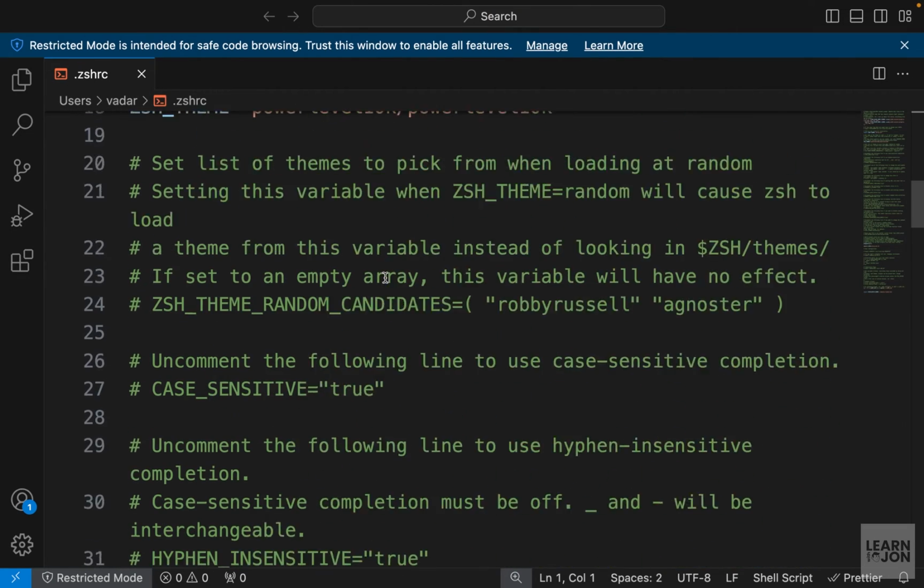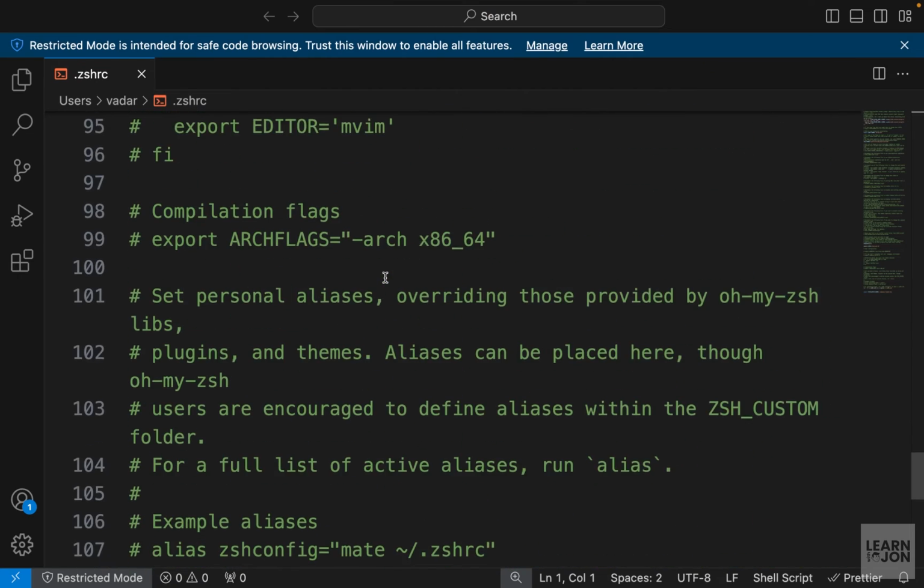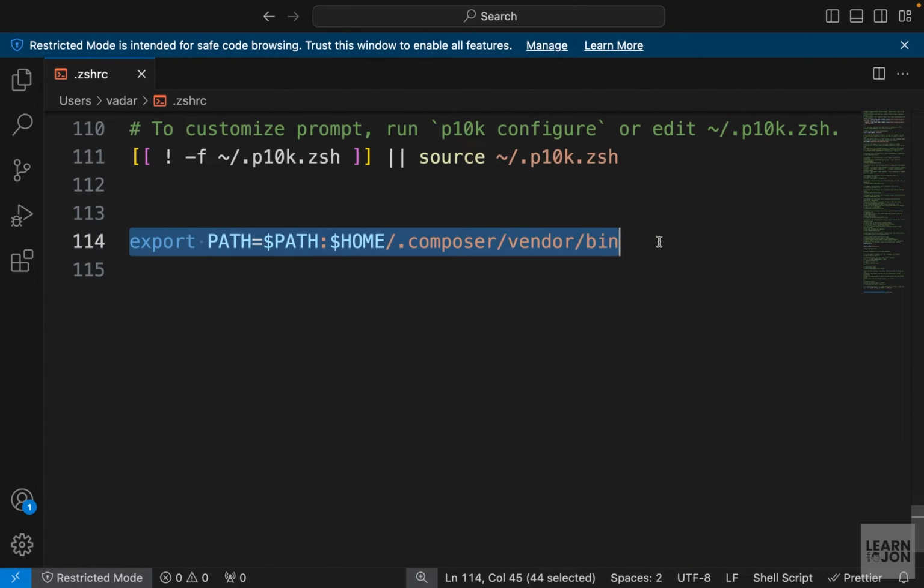And when you press enter, this will open it in VS Code. If you scroll all the way down, this is the path we need to add to this file. So you need to make sure composer, vendor, and bin is in your path,